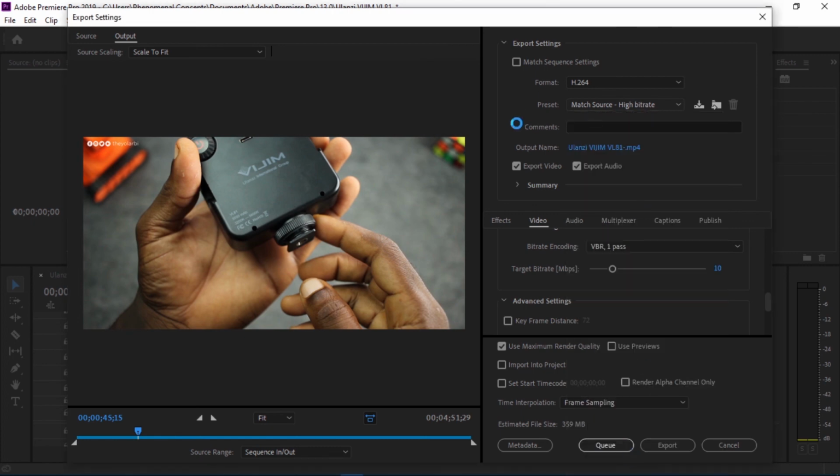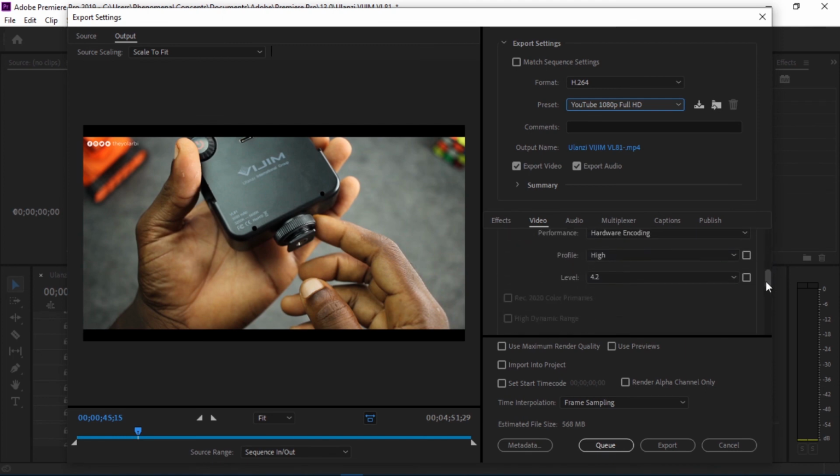I recorded this in 1080p, which is going to export around 16 megabytes per second. Once that is the case, then your estimated file size is also going to increase. Now, if it was 10, it's going to be around 359 megabytes,